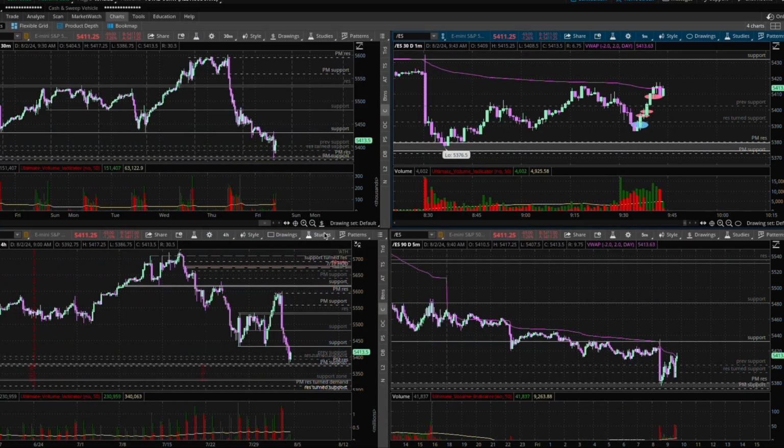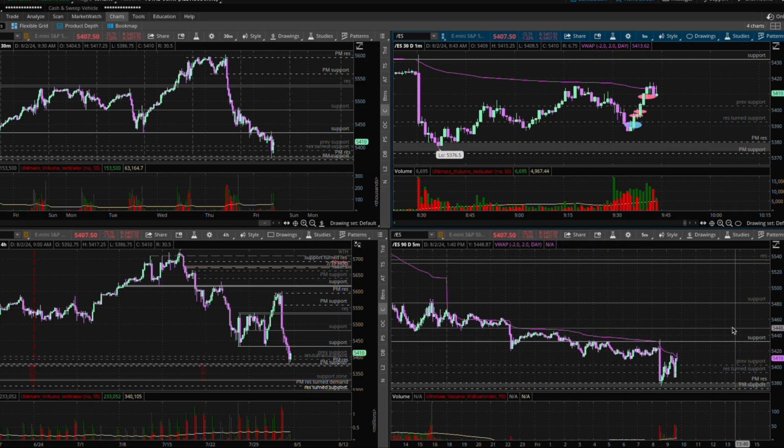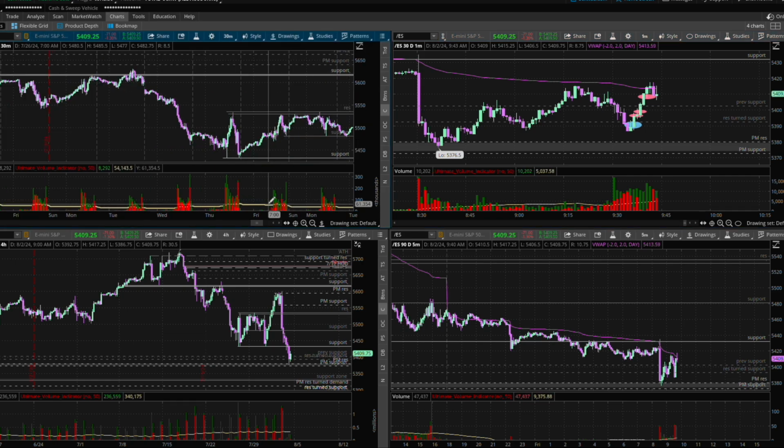So market dumped from yesterday's session, and then again in the pre-market, and it dumped hard from this old support level right here. So I was watching that along with this key level it bounced off of, and then I had these two levels previously. If you look back at the chart where they're from,